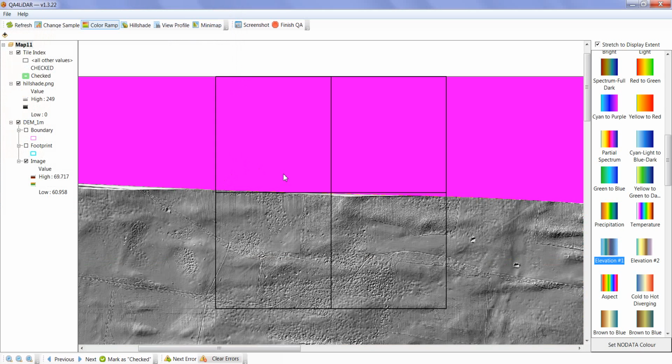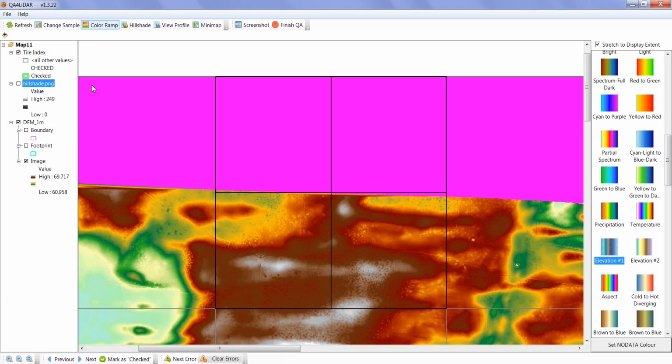And you can see that it will appear in the table of contents and map window and is saved to the output directory in the folder of the user who produced it within the visual checks folder. Currently the symbology can't be changed, however you can turn the hillshade off and on in the table of contents.